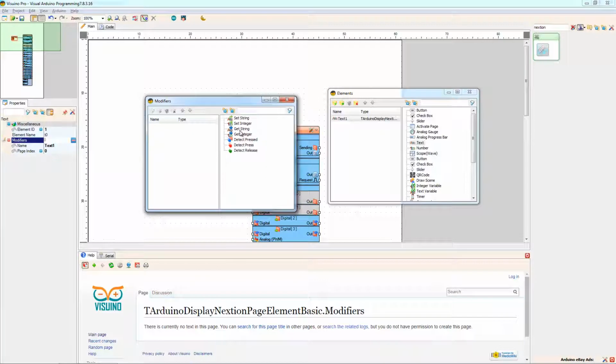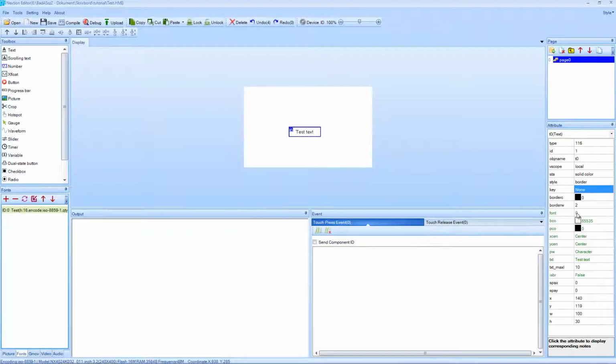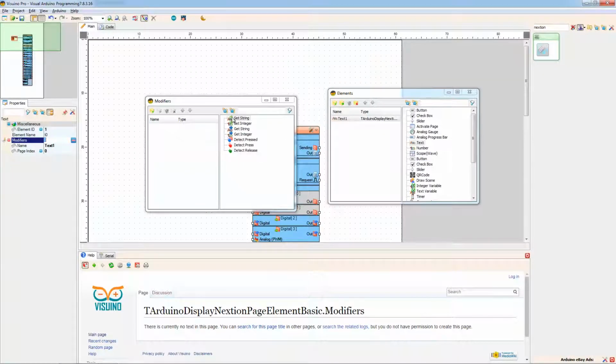We're gonna add a string, set string. And we can use integer, but I think it's not gonna be able to change that in the text field. If we take a look over here, we have the text field, so this is the string text. To set a string, you change the value over here. If you would like to change an integer, we can change this one. So numbers are integers and texts are strings. So we're gonna set a string,